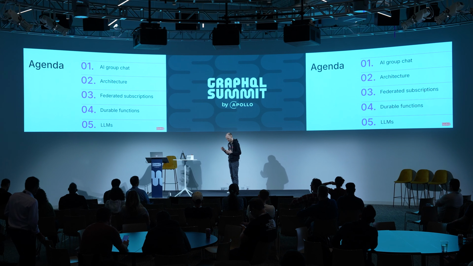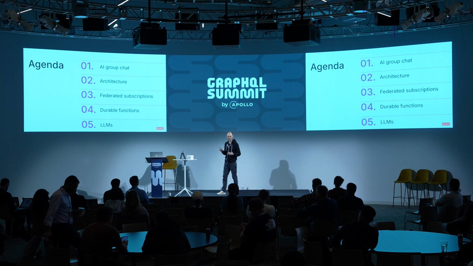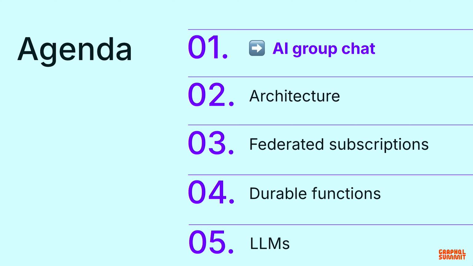I'll start out with a demo of the app, and then go through some different possible architectures we could use to implement it, and then look at how it's implemented in my app with the federated subscriptions, and then look at the durable function, and then look at the LLM code. So, starting out with the app,